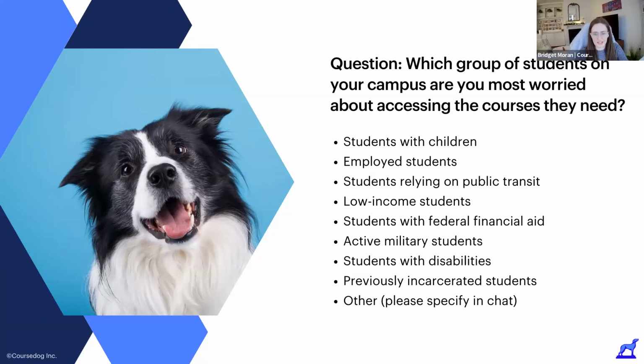And we just had a chat come in through here from Kimberly, who noted that students with double majors and only one section of courses that they need to take are offered at the same time. Yeah, I'm sure that resonates with a lot of folks here. Yes, those conflicting class times can definitely be a real barrier for students.